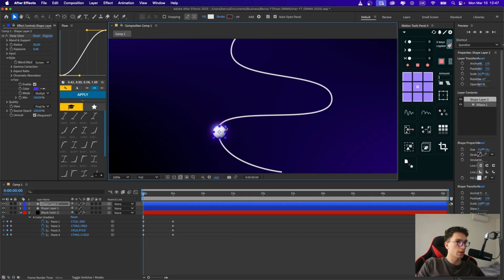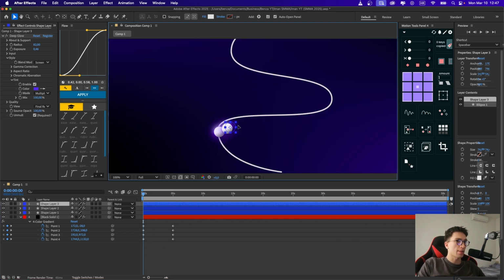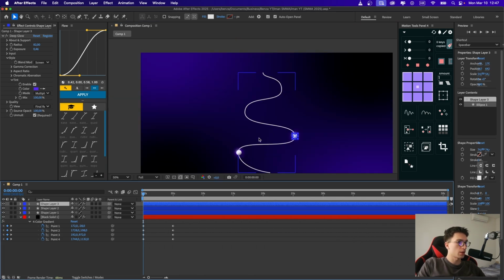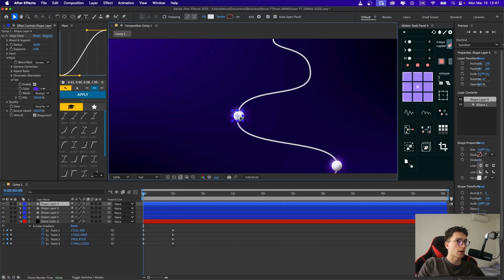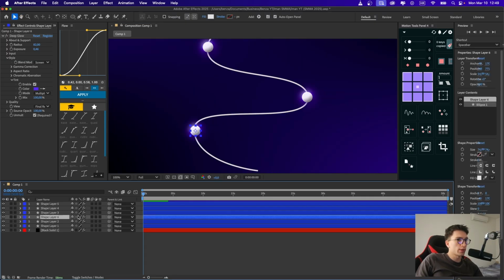I'm just gonna make it a little bit smaller, and then I'm gonna select it, duplicate it with Ctrl+D, and I'm just gonna drag it over to the next curve. Then I'm gonna repeat the process a few more times. When we're done placing them like this, we can now duplicate this ball one more time, and I'm gonna place